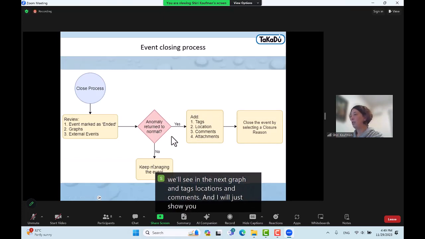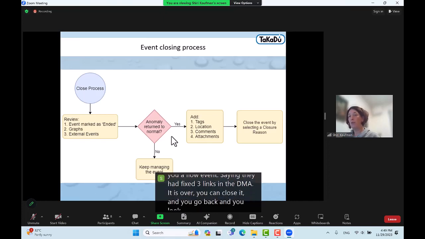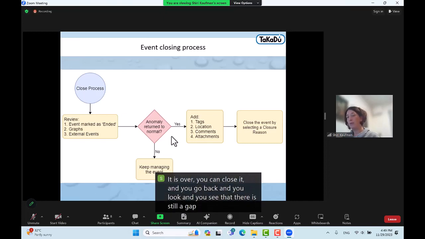Just to bear in mind, I'm talking about the next step. We verified everything is over. If we see the anomaly still exists, we need to keep on managing the event. If, for example, Takadu will assign back to you a flow event saying they had fixed 3 leaks in the DMA, it is over, you can close it, and you go back and you see that there is still a gap in the behavior and the system did not